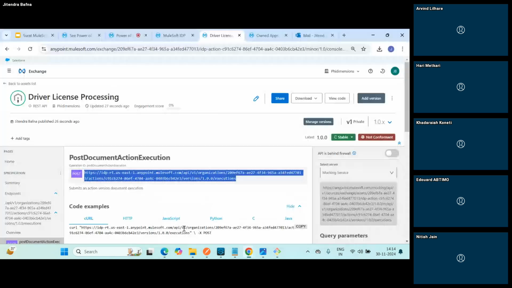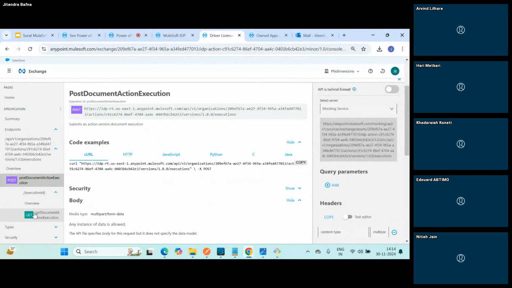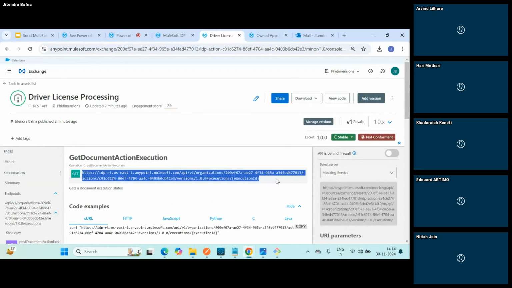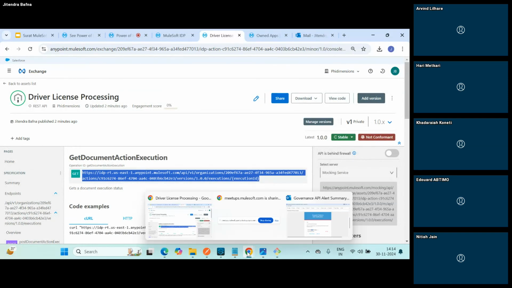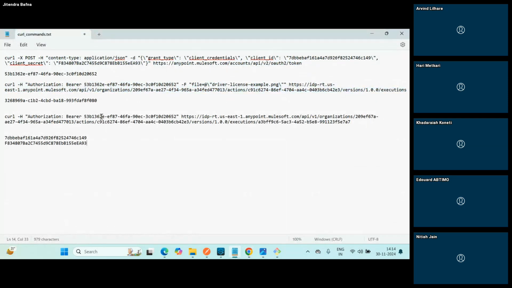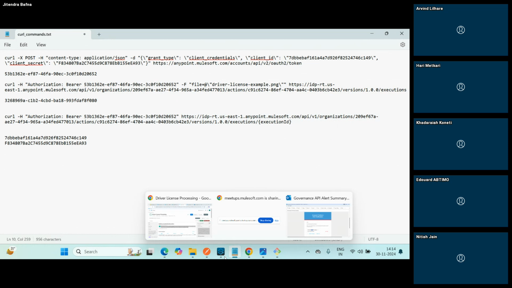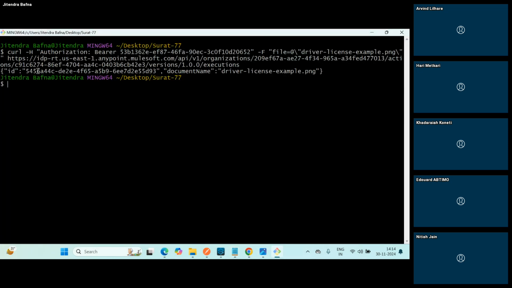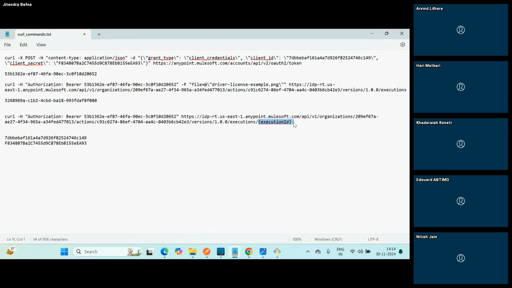Let me copy the GET URL because it changes. I just have to change the execution ID. We got the execution ID when we posted the documentation. Copy this. I will change this execution ID